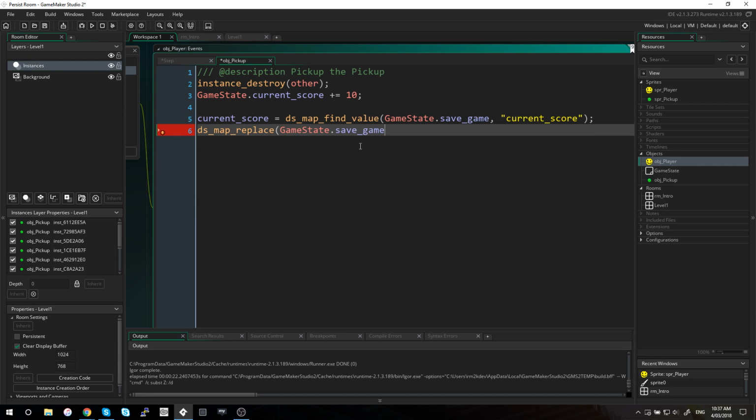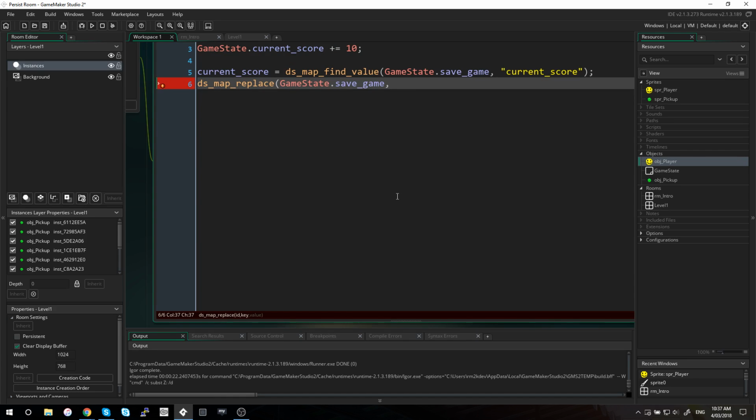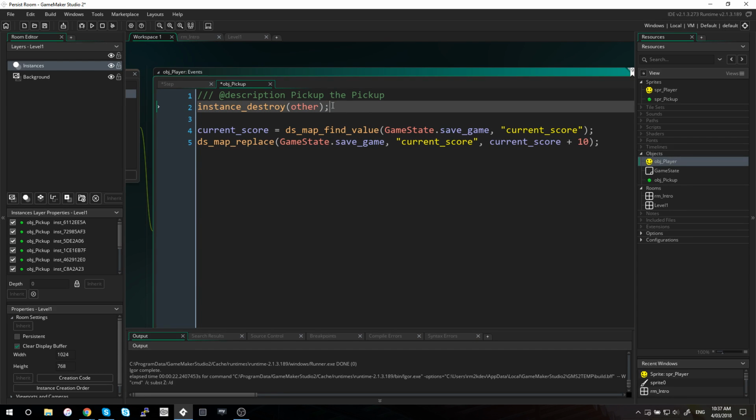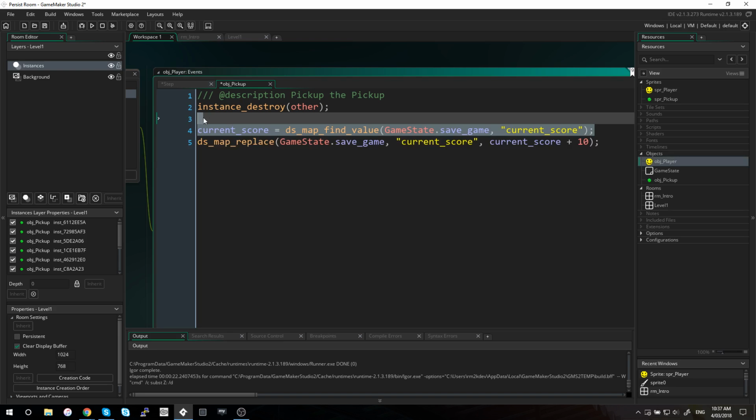Let's replace it, the transition between them is a bit shitty, to be honest. I don't think many people are really feeling Studio 2, to be honest. And we'll put current score plus 10. So we'll add 10 to our score. There we go. Yeah, it's basically starting from scratch, except you have some current GML